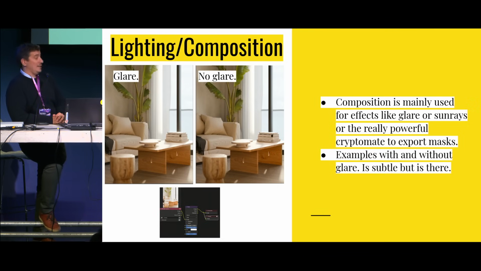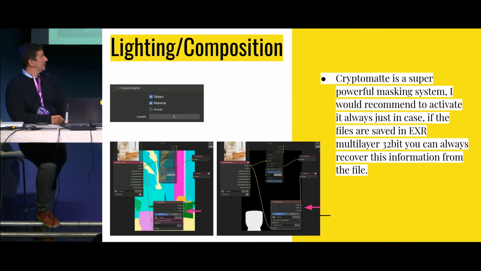For composition, mainly we don't composite in Blender because we don't need much compositing. It's not like VFX. What we see, we try to keep as close as possible to the final image, but we use it for effects like glare, and for this amazing tool that is Cryptomatte. We always render with Cryptomatte because we store it in the